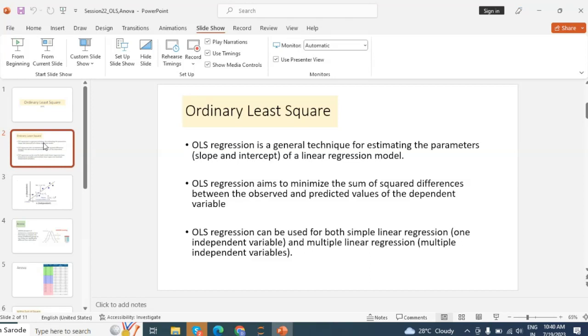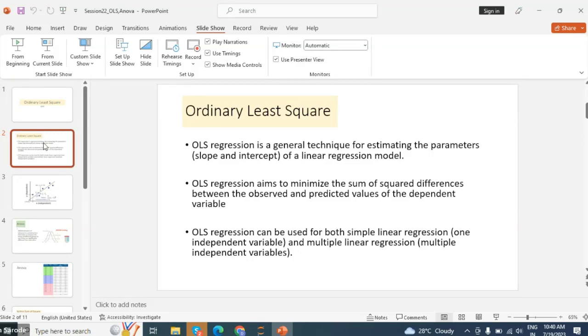So you can say ordinary least square is a method of estimating the best parameters, and the parameters are slope and intercept. When you get the best slope and intercept, your line will be the best fit line. Overall, the main goal of building a model is to find the best fit line. When your slope and intercept are proper and your line is best fit, your prediction will be accurate and your error will be less. All these terms are interconnected.